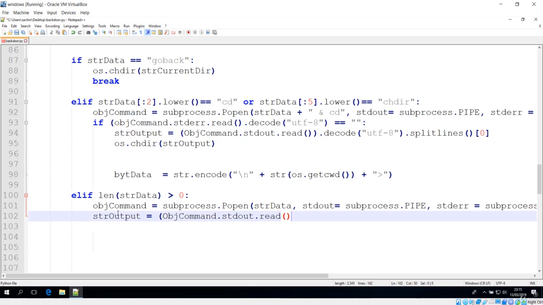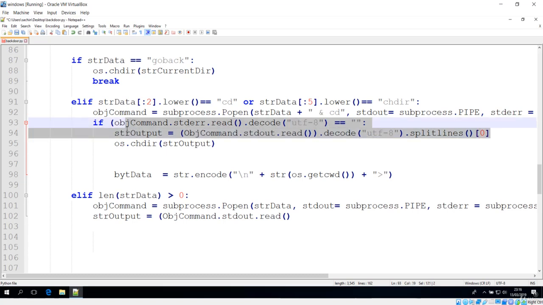Let's read that command first, and let's concatenate again, and this is the same as what we just did over here, which is basically splitting the lines and decoding that. So let's grab the same one, and let's see if this works or not. So first of all we'll just decode it. So let me just grab it first.